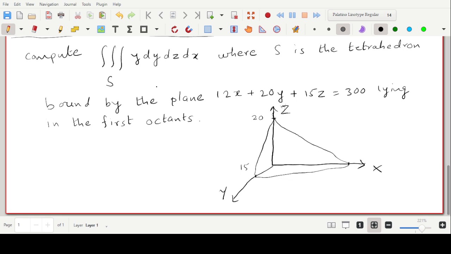This part, which is bound between x, y and z in the positive coordinates, and this region, or rather this solid, is the required tetrahedron, and we want to integrate this function y. So the integrand, that is the function that we want to integrate, is not very complicated. It is just y. So the difficulty is not in the integrand. The difficulty probably, if at all, lies in determining the